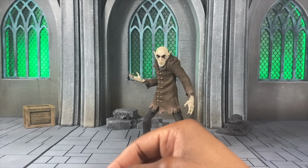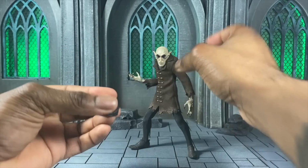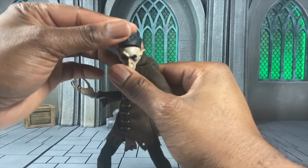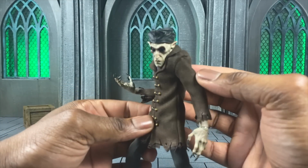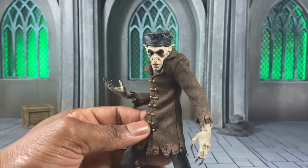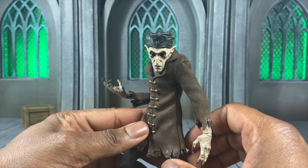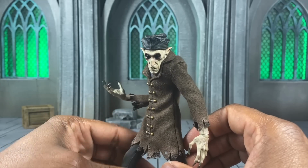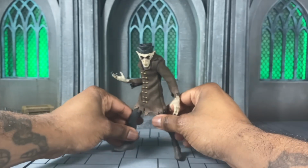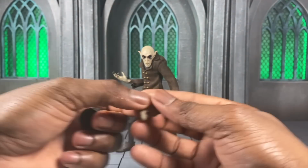Then you're going to get a hat. I believe this is a sailor's hat. And then if you want to see if it'll fit on the head, voila, there we go. We have a nice hat on his head. I mean, I think this is a terrible disguise. As you can see, he clearly has elongated ears and claws, but sometimes, you know, in the dark, it works out, right? So that fits on the normal default head and is going to fit on,